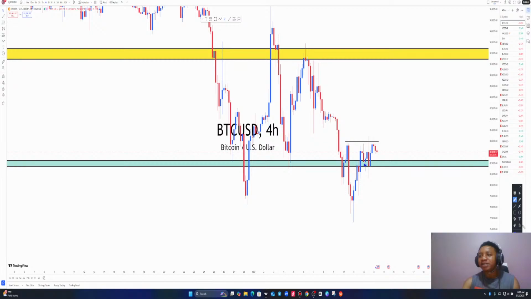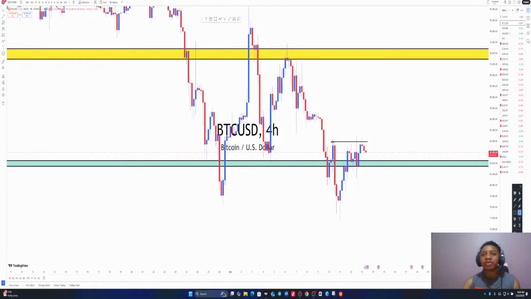Let me draw it very well so that you guys can see. So price came all the way down here. First touch, we saw buy pressure. Okay, it came up for a second touch, another buy pressure, and we are seeing more sell pressure bringing the market all the way down. So on the 4-hour time frame, there's definitely going to be more sell pressure on this